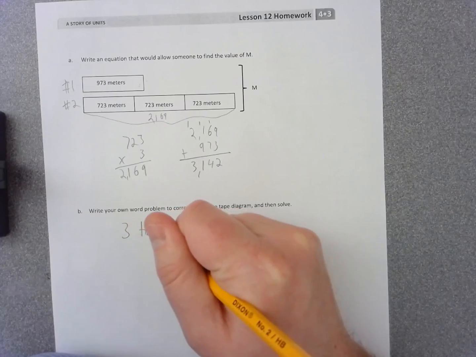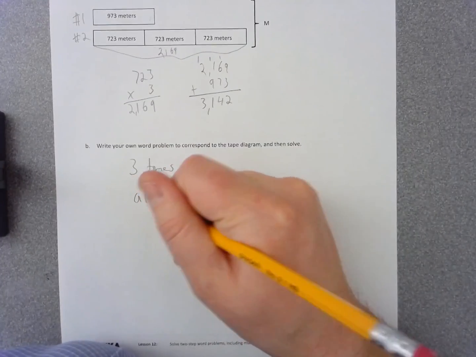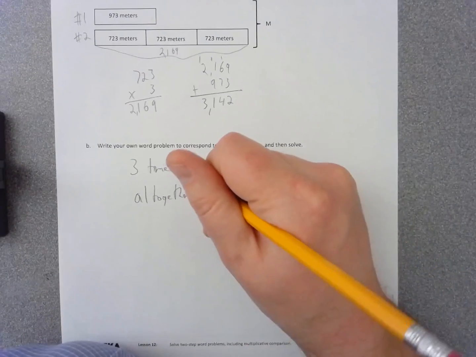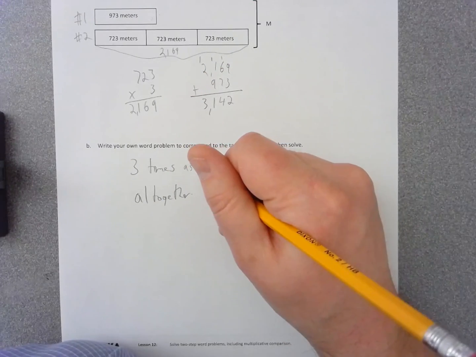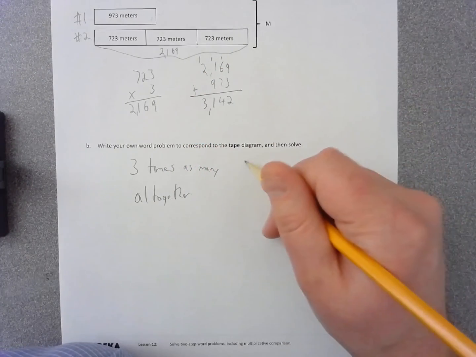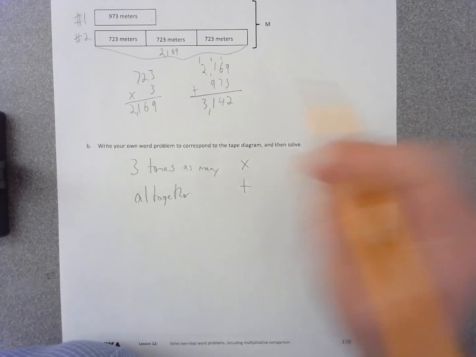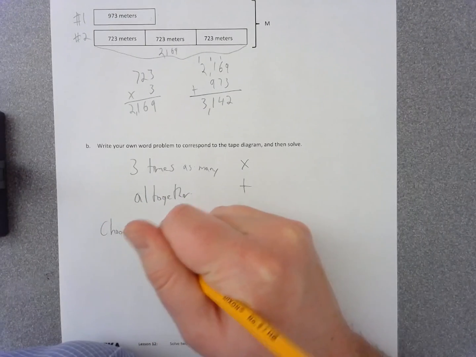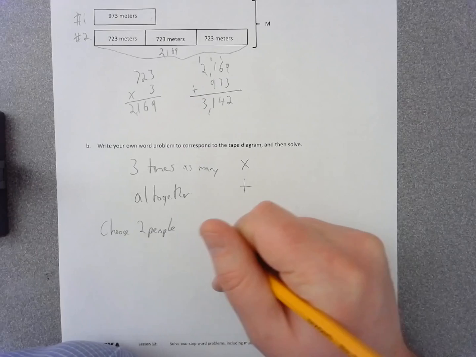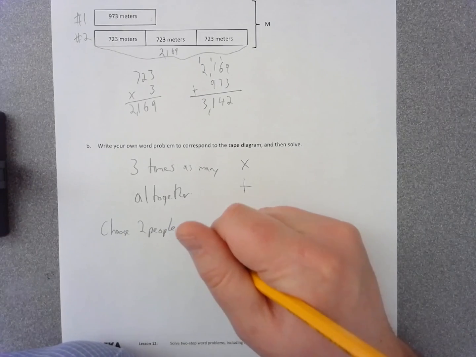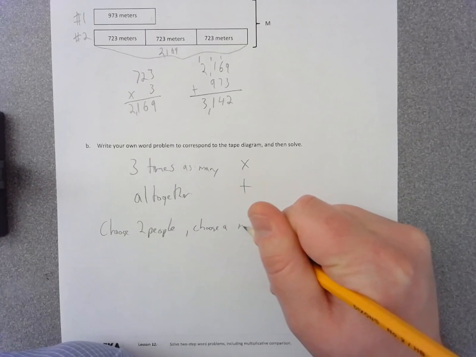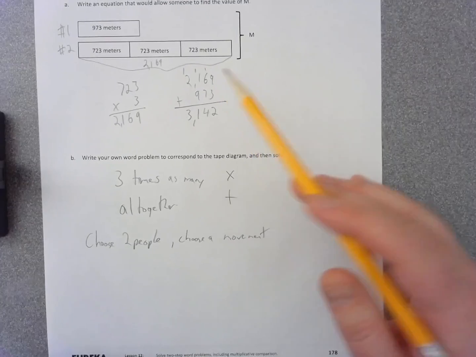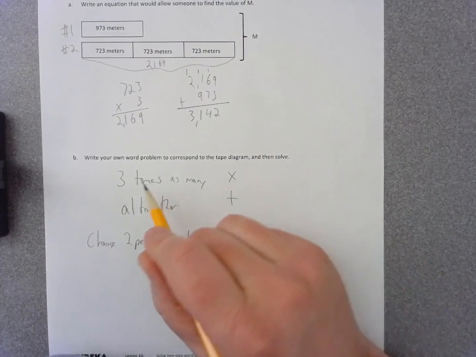You're going to want 3 times in there. All together, because you're adding the 2, or 3 times as many if you're comparing this to another thing. So the first step is going to be multiplication, and the second step is going to be addition, just like we did in the practice problem there. So choose 2 people. That's what I would do. And then choose a movement. Either running, walking, swimming, jogging, and then one of them is going to have to be 3 times as many